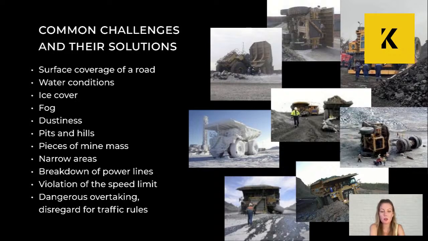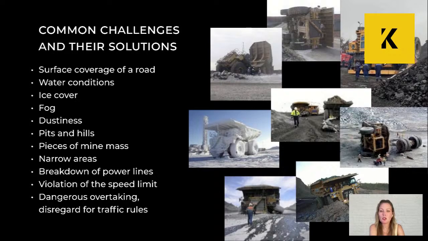For humps, they should be cut off with a bulldozer. For potholes, they should be filled with small crushed stone or gravel. Falling rock mass from vehicle bodies can also create obstacles. These need to be reported to the shift engineer and removed to avoid causing delays and forcing vehicles into oncoming lanes. Sometimes the transport berm can crumble, narrowing the roadway.